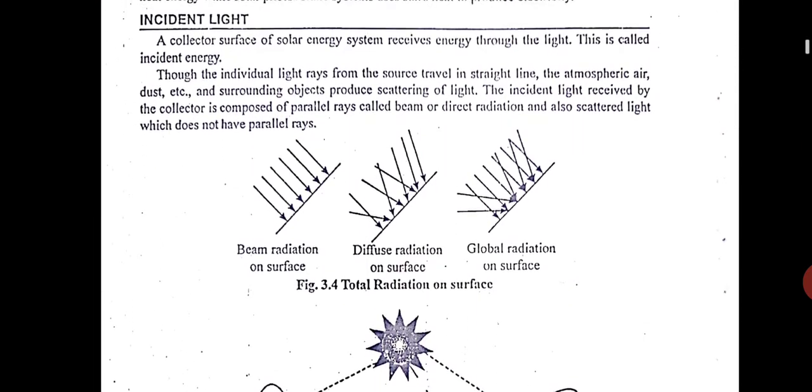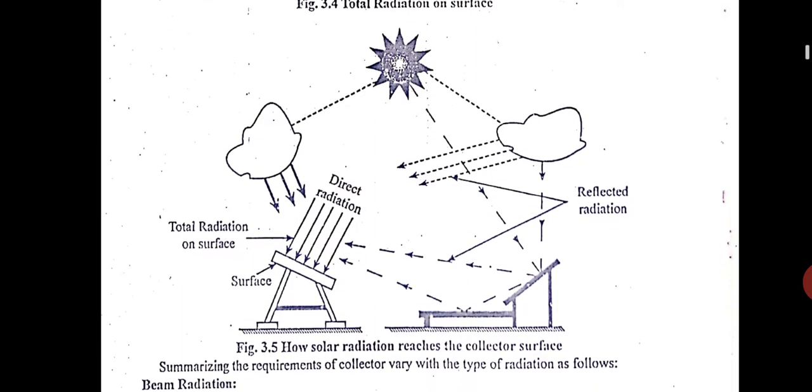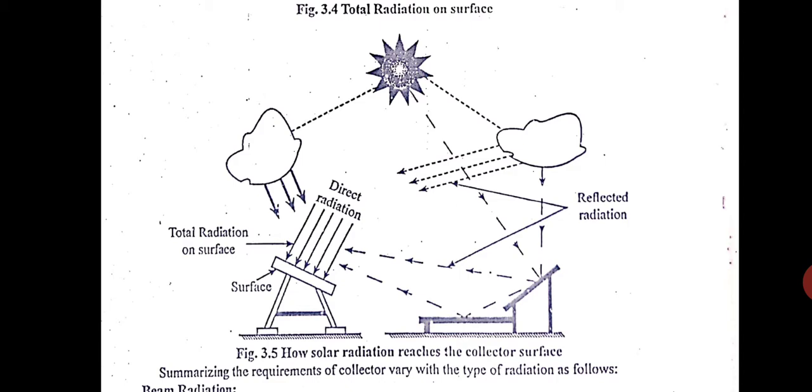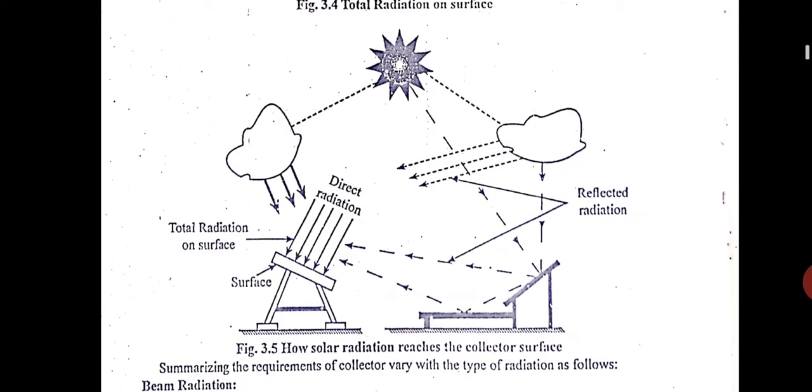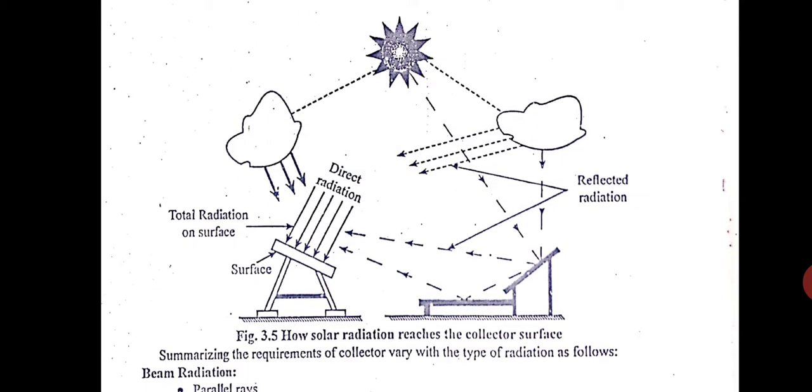Now we will look at how the solar radiation reaches. Now left side you can see there is a surface, and top center you have got the sun. So again you see here, please watch this carefully. Sunlight, direct radiation is falling. You have seen these 5 arrows, directly it is falling on the surface. These are tilted surfaces, the sunlight is falling. So this light which is directly falling on the surface is known as direct radiation.